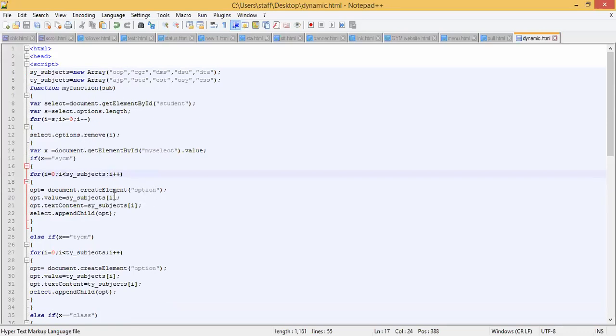Means it will create options such as createElement, document.createElement. This is the output which we are getting. In that output